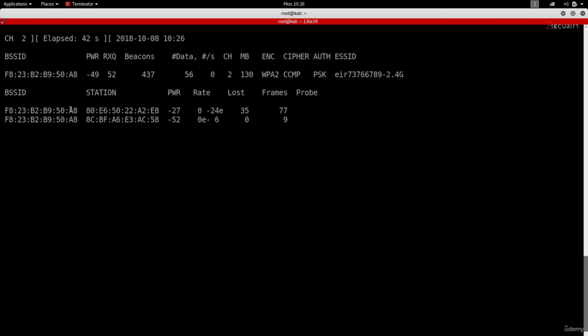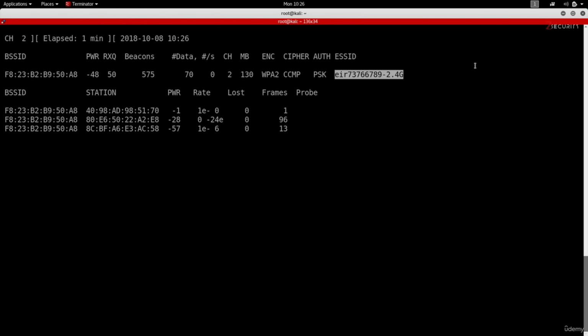Basically anything that you see here in the second section, these are the clients or the devices connected to this network. So right now we can see this network has 3 devices connected to it, and you can see the MAC addresses of these devices under the station. All of these devices are connected to the same network, so the BSSID is still the same. This is the MAC address of the network, and under the station we have the different clients or different devices